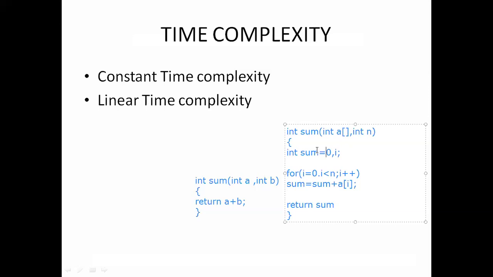So if the loop starts at n, it will repeat the loop until n plus 1 times. Okay, so in this first case, n is there, sum is there, i is there, so total constants are 3 here. So here we are providing 3 units of time: one for n, another for sum, and another for i.